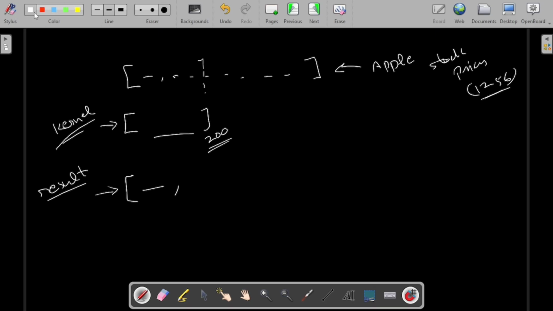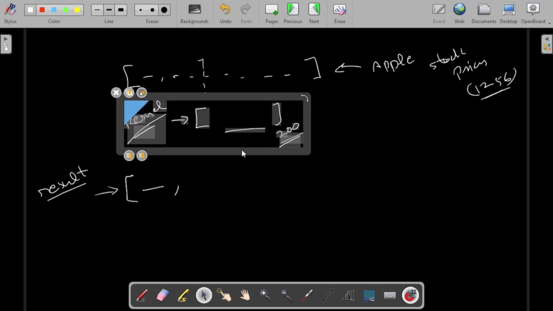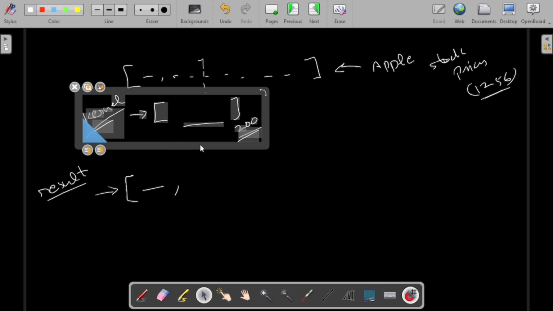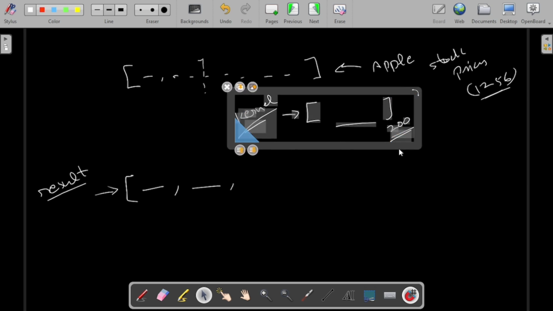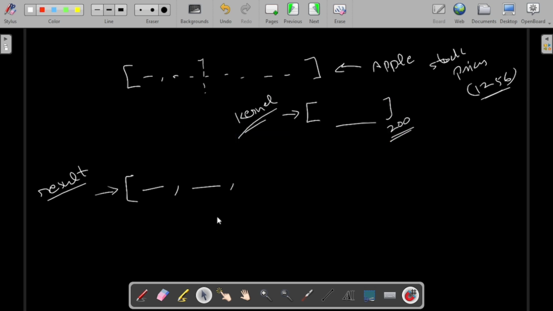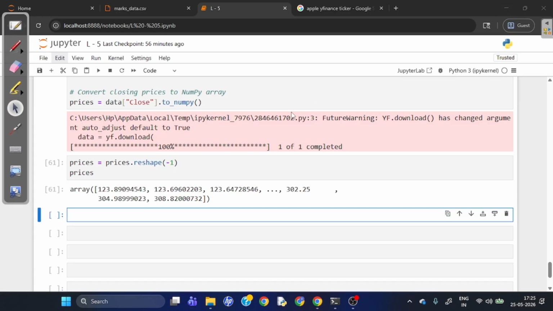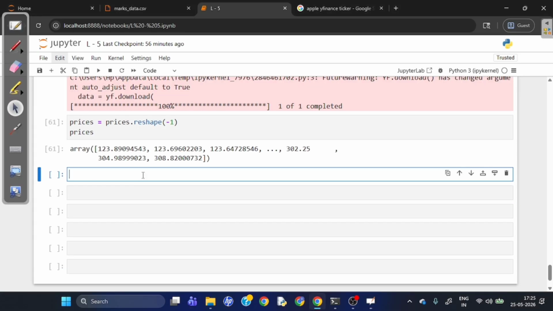Then in the next step, I will slide this kernel, and I will calculate the second value the same way. I will keep on doing this until I reach the end of this array. I will keep on sliding, and I will keep on calculating the values. So we are not going to do this mechanism manually. I will just call one method in a numpy library. I will just call np.convolve,